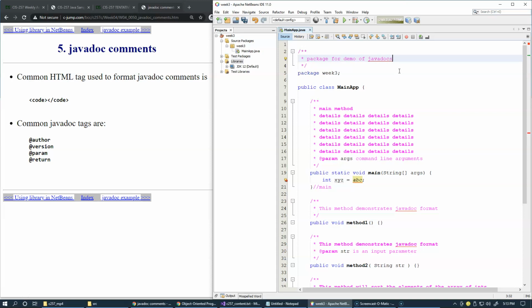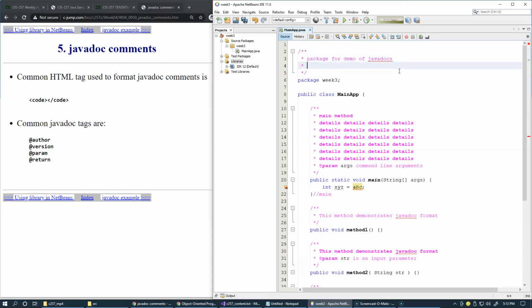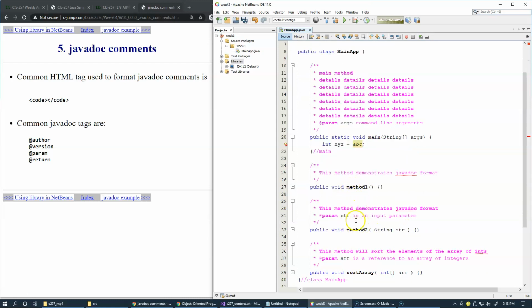We can provide a version, right? So we can type what is the version, and we can say that this is version 1.0 and so forth, and explain that this is alpha version, something like this. We can of course document parameters, as we did in our Javadocs for our methods right here,